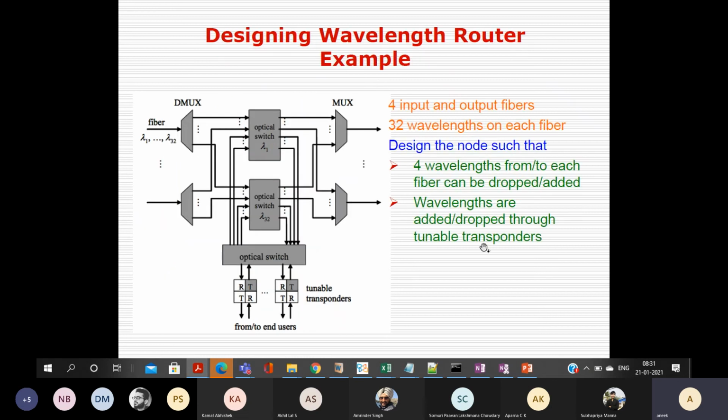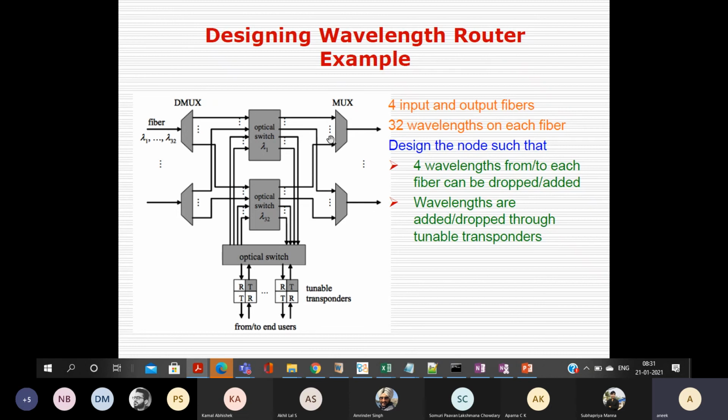Because you see the problem statement, 4 wavelengths from each fiber can be dropped. Okay, so it is fully reconfigurable, and when it is shown that 4 wavelengths can be dropped, it may happen that you require the λ1 wavelength to come from the local node or these transponders.